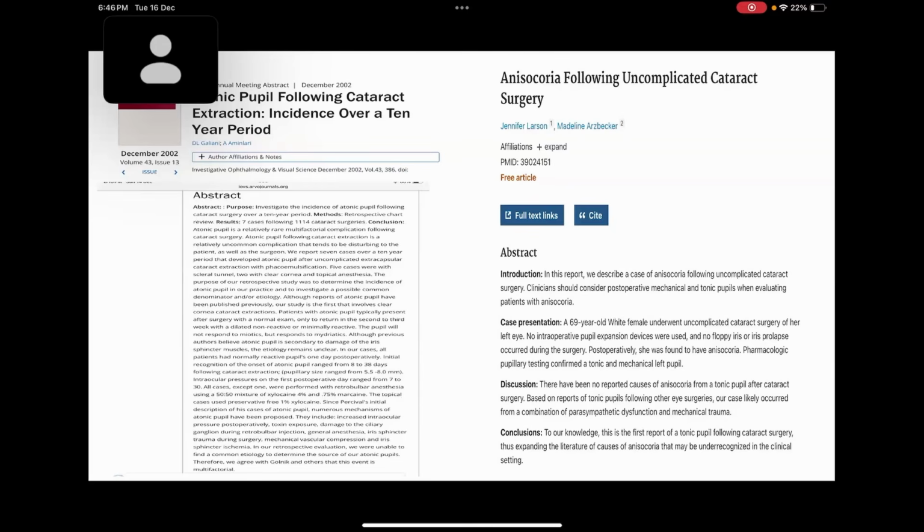There were 5 patients who had undergone scleral tunnel cataract extraction, and 2 of them had clear cornea. Most of them had a retrobulbar block. They recognized that after 2 or 3 weeks of cataract surgery, this tonic pupil was identified. However, nobody could identify the exact cause. Several hypotheses were proposed: it could be intraoperative increased intraocular pressure, or it could be the retrobulbar anesthesia.